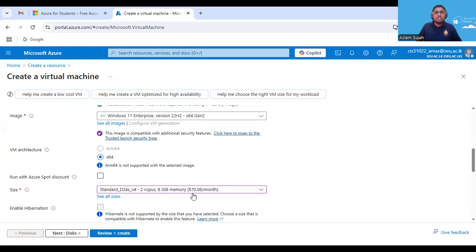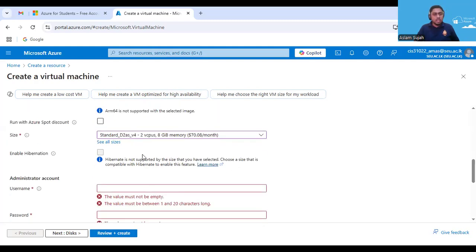It means, let's say you are working every day 8 to 12, 4 hours, right? Then after the 4 hours, you shut down the machine, you don't need to pay that much money, right? So keep in mind, this cost is when you are continuously running this virtual machine 24 into 7 for 30 days, right? Otherwise, let's say every day you are working 4 hours, you don't need to pay that much. In the last configuration, I will show you what cost they charge for 1 hour if you are running this machine, right? So up to now, if you're running 30 days, 24 into 7, you need to pay